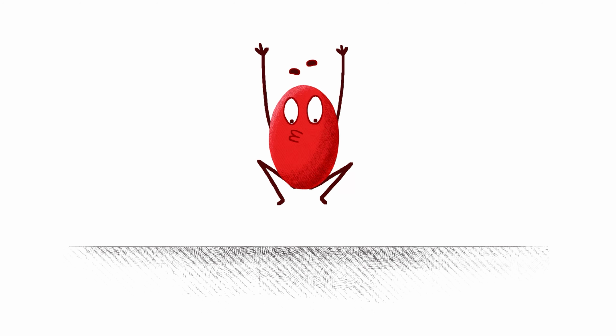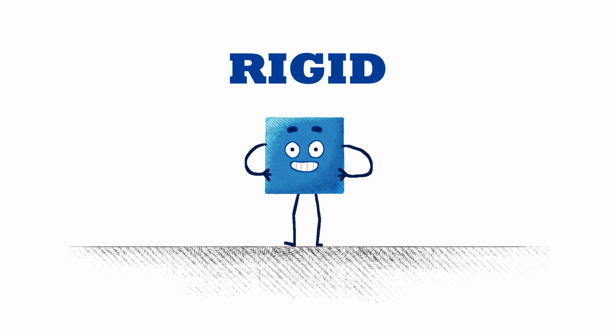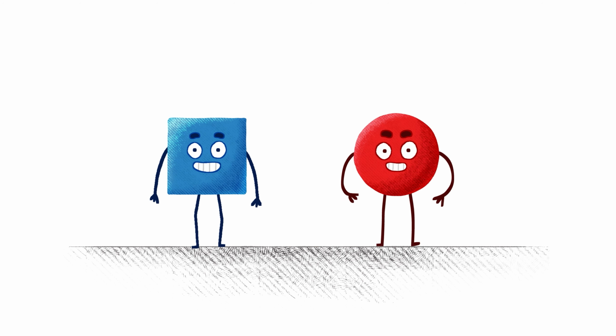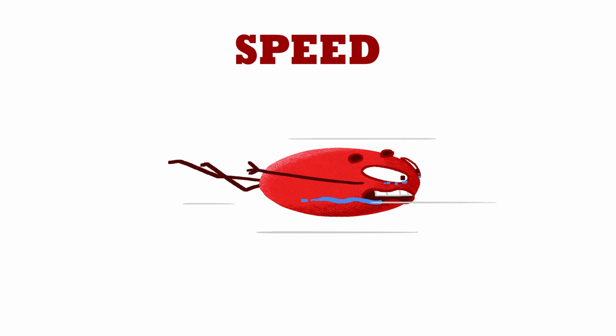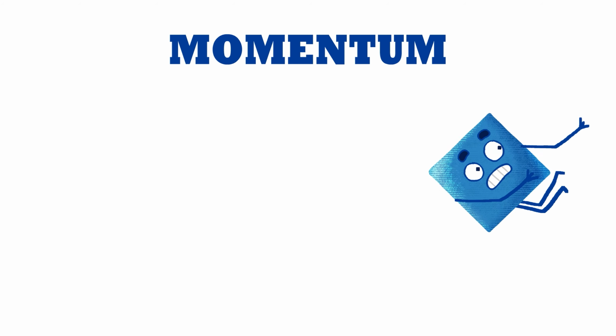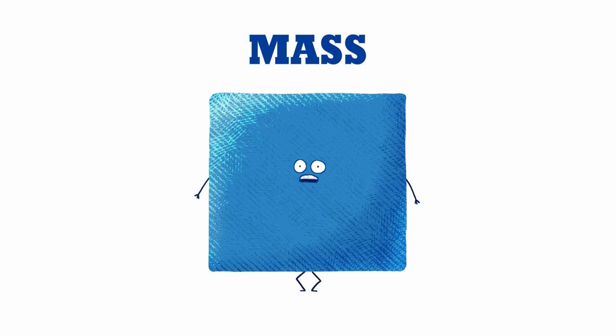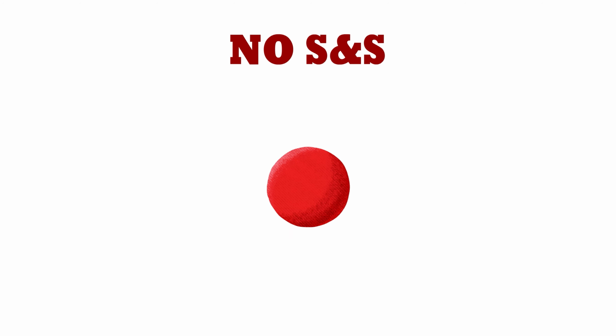All objects in the real world come under forces like gravity or impact, and have characteristics like rigidity or flexibility. Literally squashing and stretching your subjects helps to illustrate how they are under the influence of their speed, momentum, weight, or mass. Here's a basic example without squash and stretch,